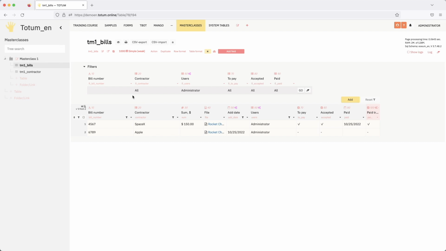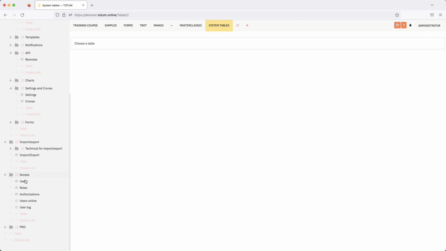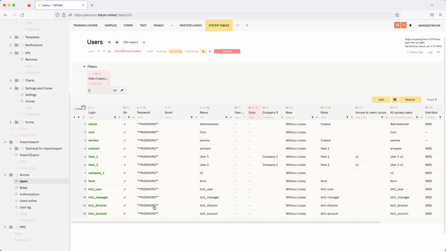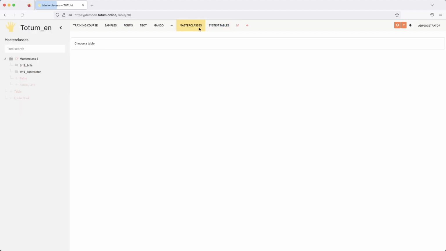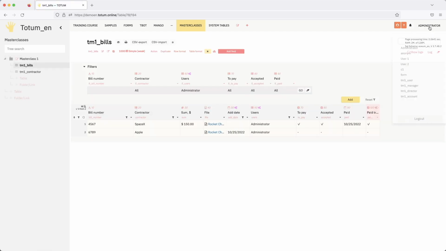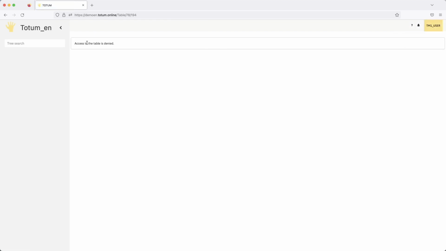Let's go back to our workshop. Let's go back here to the account. Since we're the system administrator, we can switch between roles. And by the way, I'll tell you a secret right away. There are users. We can put this pseudo user capability on TM1 director. In this case, he will be able to switch to another user, not only the system administrator, but also the director. He won't be able to create another user that has the creator role, but he will be able to switch